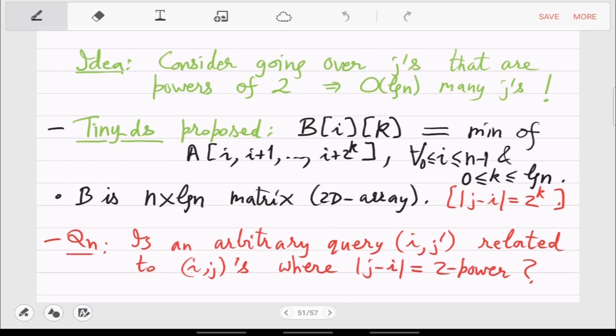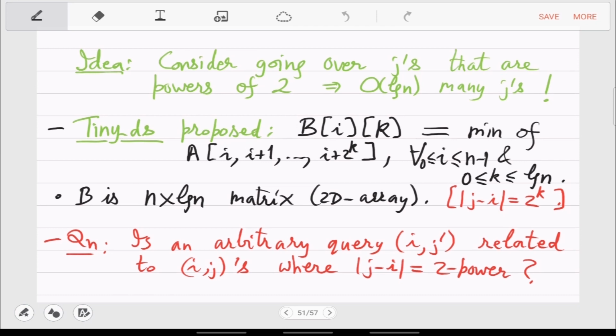So only look at these pairs. For every i, we will calculate all these j's for all the k's, 2 raised to k, and we'll store that in a matrix, which is a small matrix. It's small in the sense that when you look at a row, the row has only log n many values.